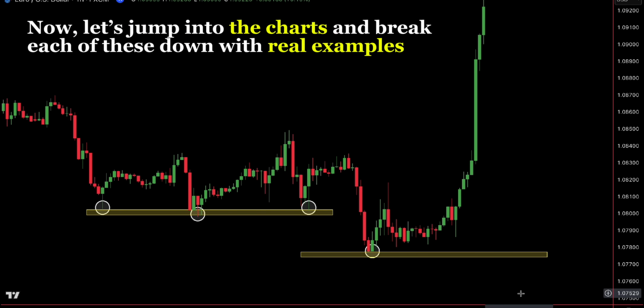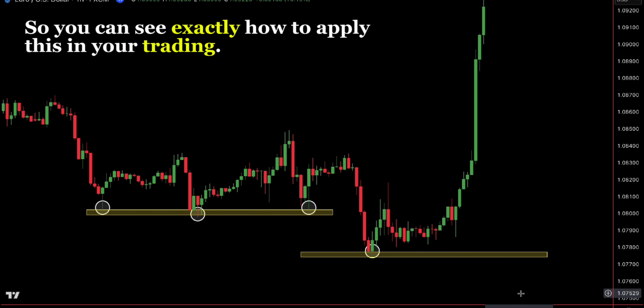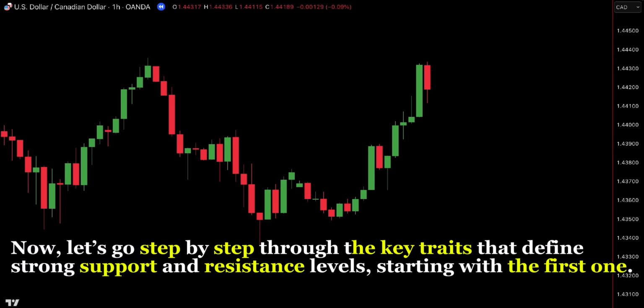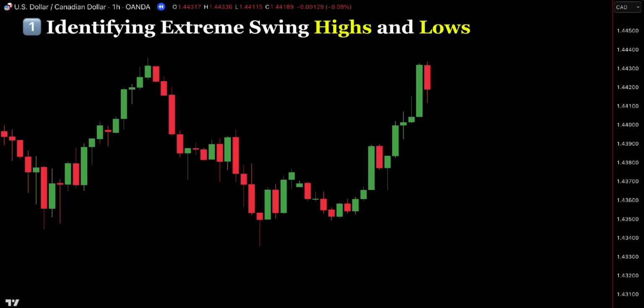Now, let's jump into the charts and break each of these down with real examples so you can see exactly how to apply this in your trading. Now, let's go step by step through the key traits that define strong support and resistance levels, starting with the first one. The first thing we look for is the highest and lowest price points that have been reached in